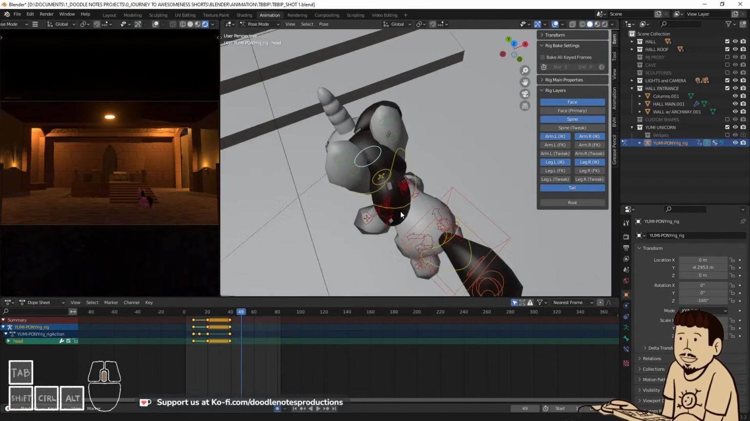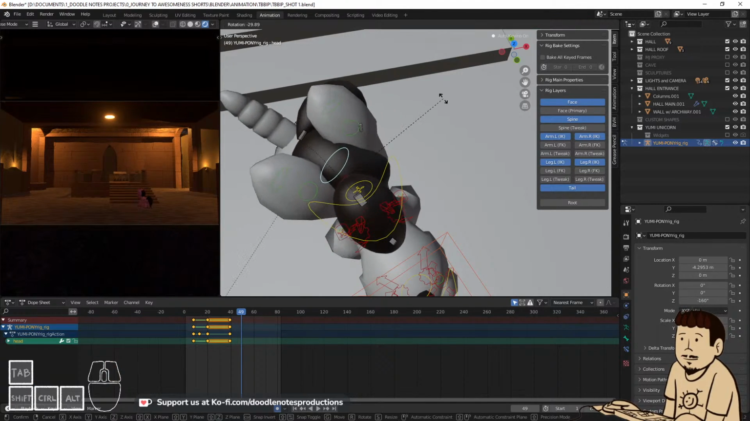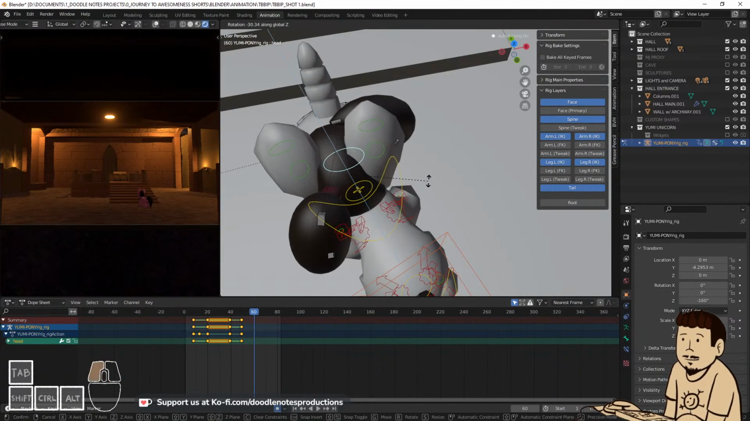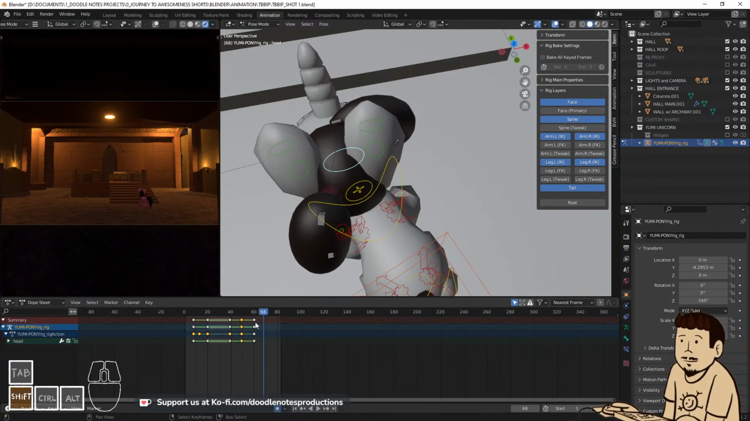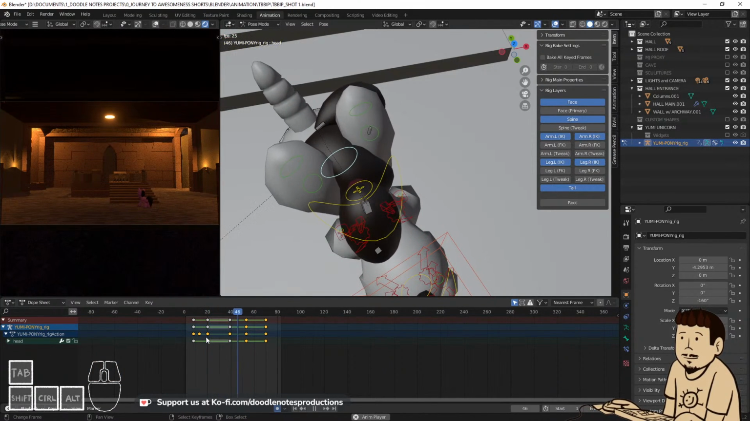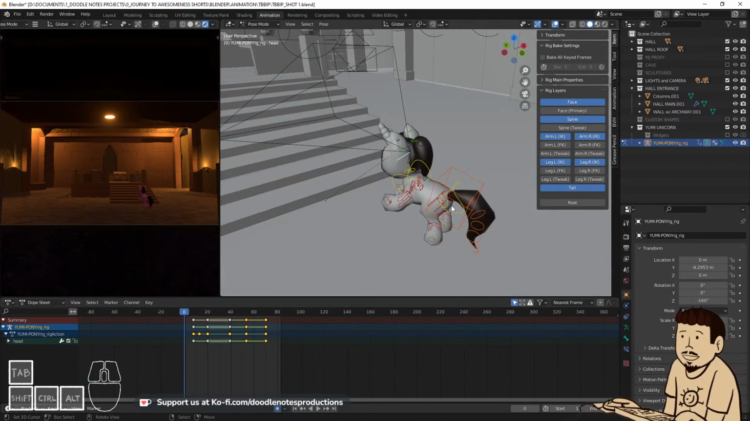And I'm just gonna animate the head to like look around. Probably scale it. And then teleports out again. So for the teleport animation, it's just, you know,